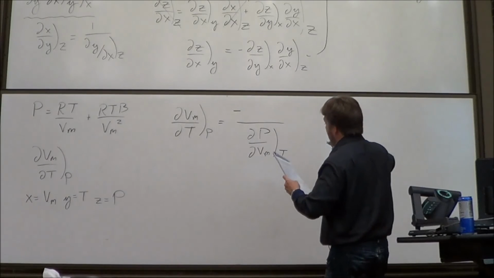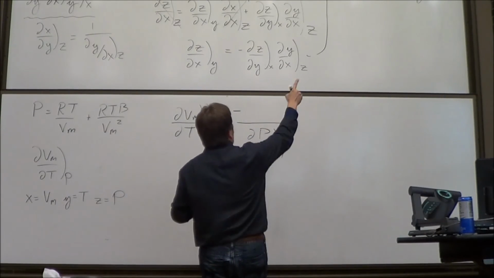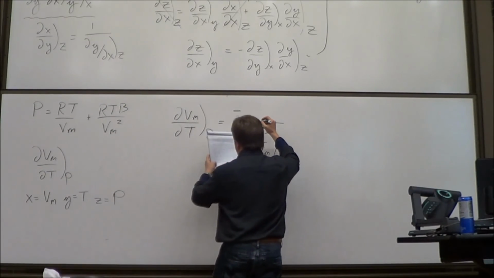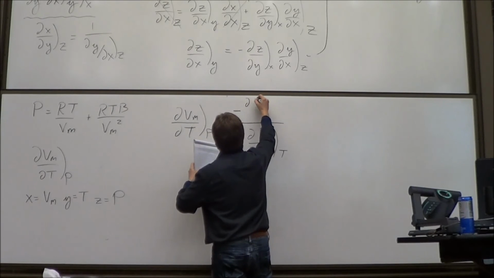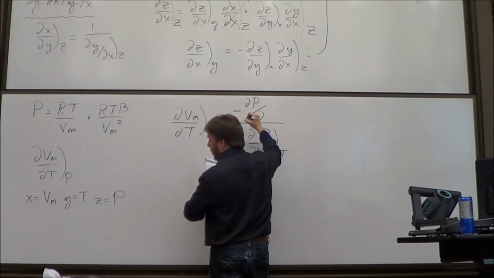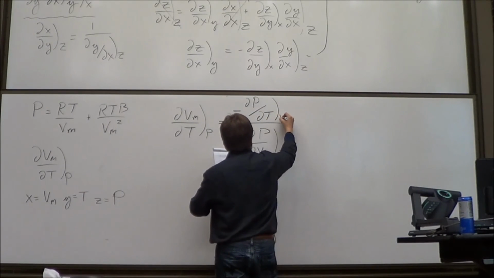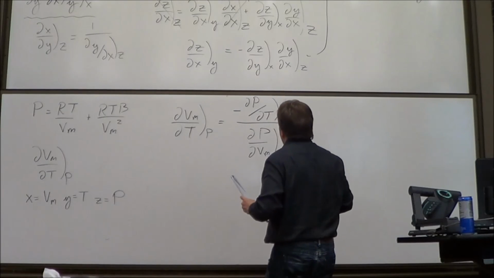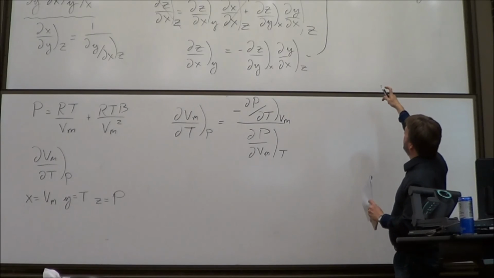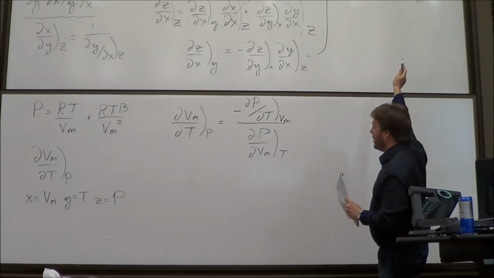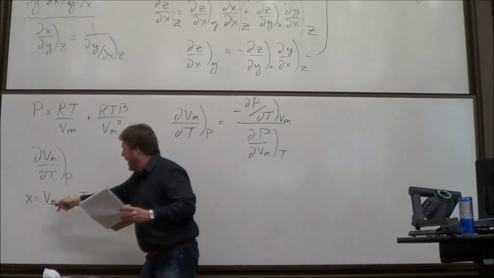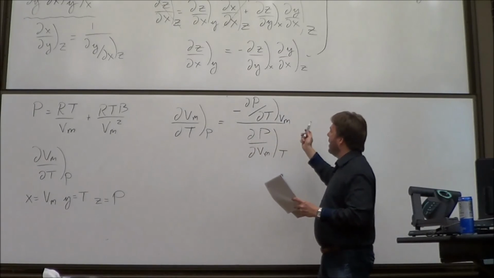Let me do the middle term, but I'm going to have to flip it over. The dy dz at constant x, but I have to flip it over like here. Sorry, I'm rushing. Sorry if this is confusing. I should have started this sooner. dp, the y, which is T, constant Vm. Okay, sorry folks, I'm just a little perturbed, and then I tend to spiral out of control. I'm just using the Euler chain formula. I've identified x, y, and z as Vm, T, and p, and I've just done some